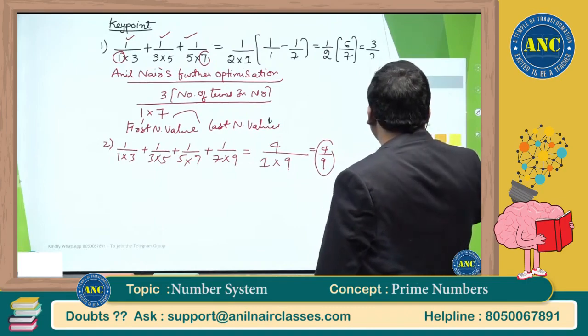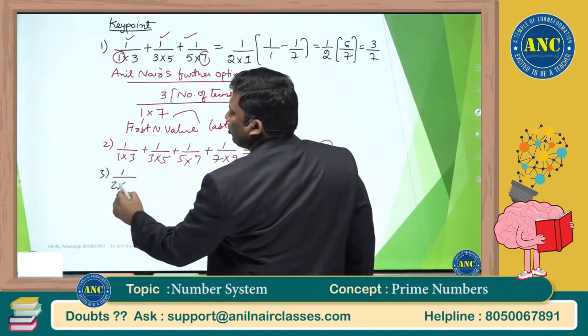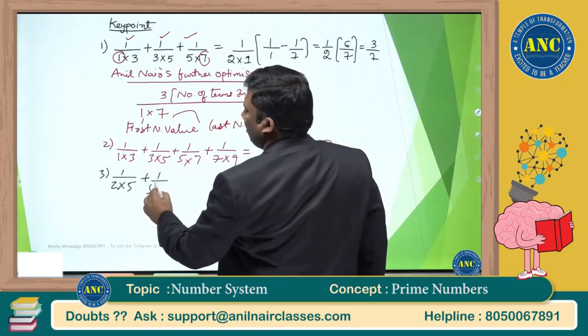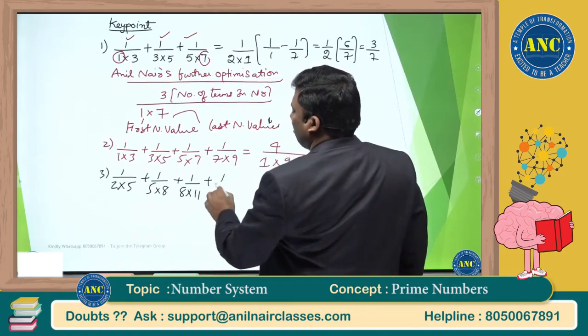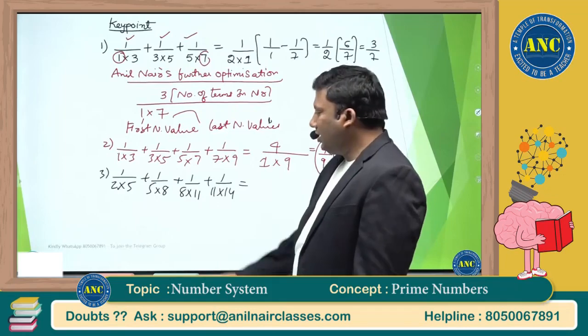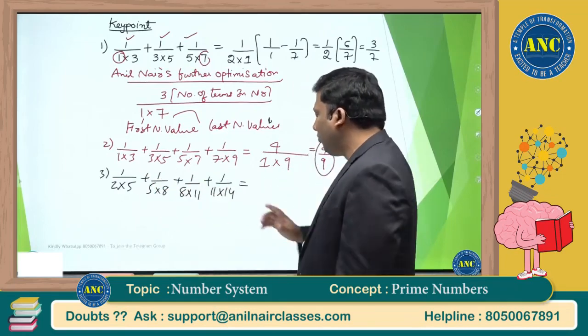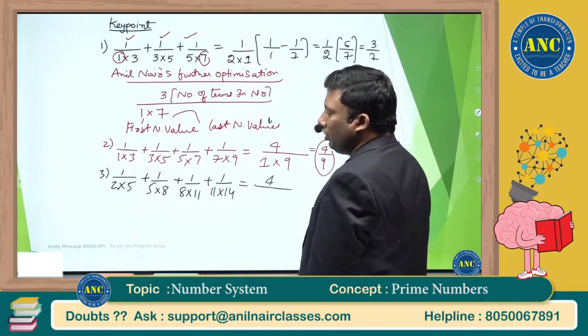Suppose if the series is beginning with 1 by 2 into 5, 1 by 5 into 8, 1 by 8 into 11, 1 by 11 into 14. What will be the answer? 1, 2, 3, 4. 4 numerical values are there. 4 by,